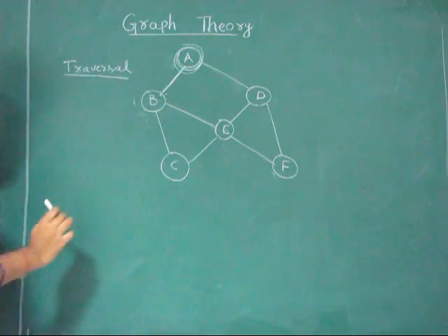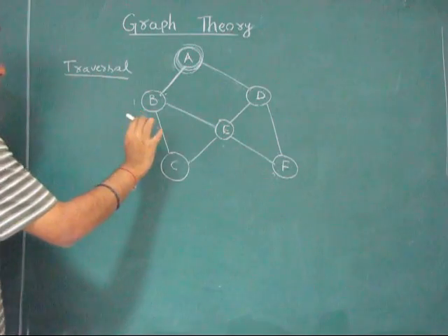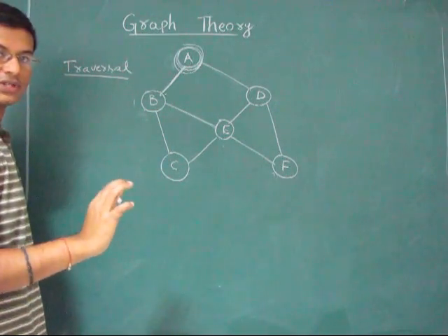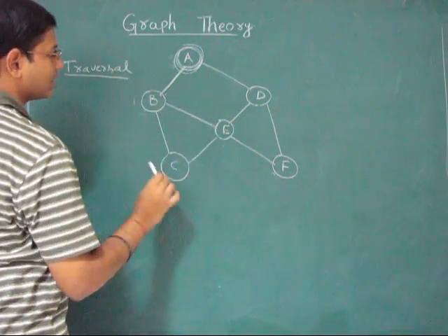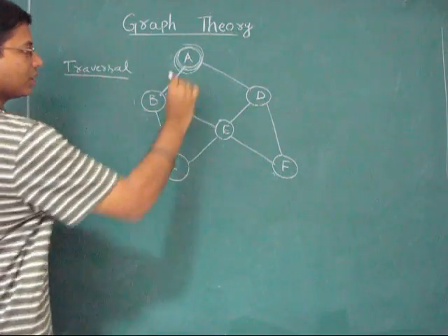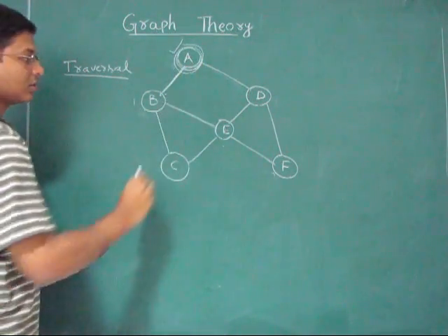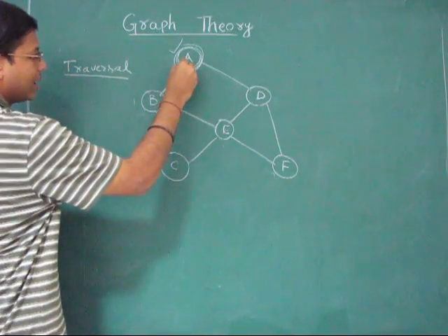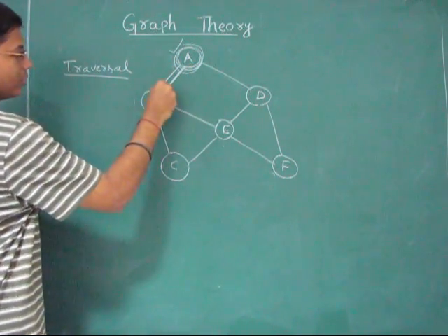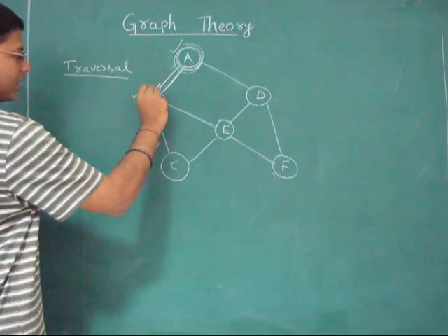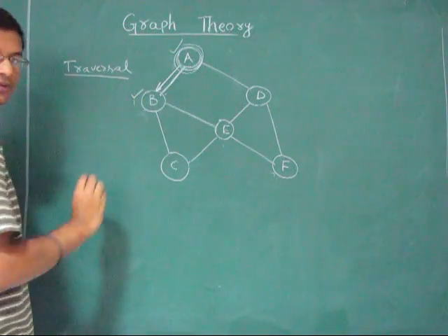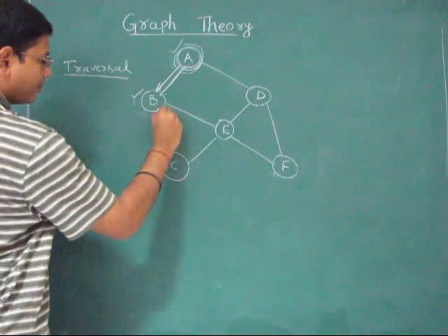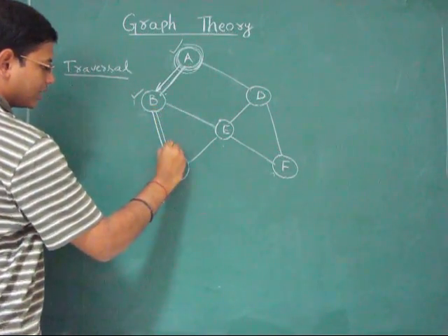Okay? So to avoid that, all we need to do is maintain the information that you have already visited that vertex earlier. Okay? So let's take the example of this. Starting from here, I have visited this vertex, and I take this path to B and I visit this vertex. Whenever I visit a vertex, I just mark that this vertex has been visited already. Okay? So from there, I can go to vertex C.